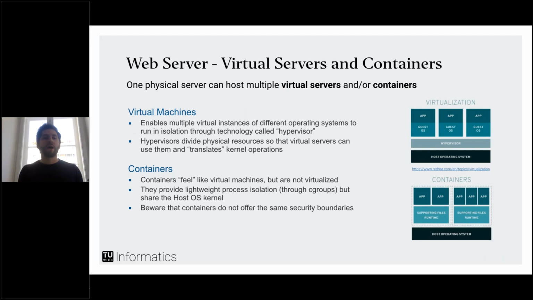And then I want to point out virtual servers and containers. Again, I think most of you have heard about virtual machines before. What both virtual machines and containers enable for you is the ability to run multiple servers, or multiple isolated instances of operating systems, on one machine, right? And what that does is it increases utilization of your